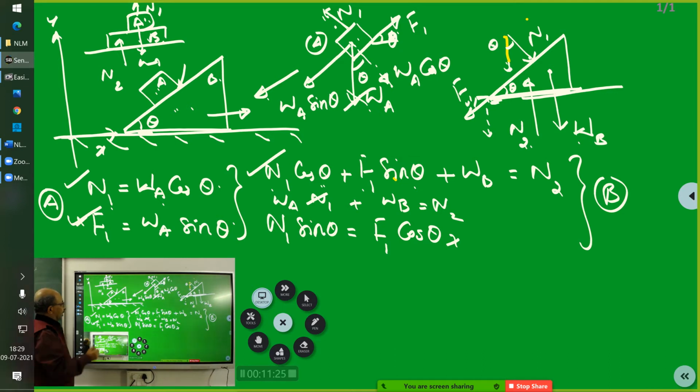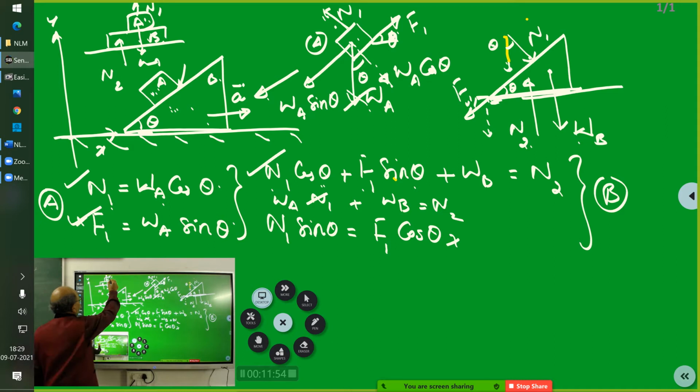Then you should really say, if I say this is accelerating, and if I say this is at rest with respect to this, then you see things are going to be slightly different. You have got to use pseudo forces, otherwise you can't simply apply Newton's laws of motion. Now please be very clear. We were able to write all this equation in accordance with Newton's law. Am I right?